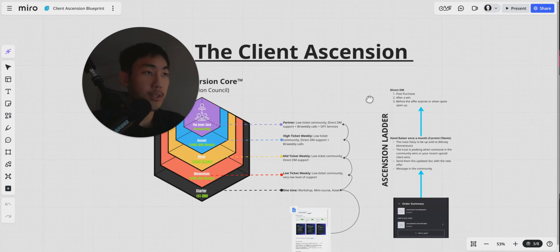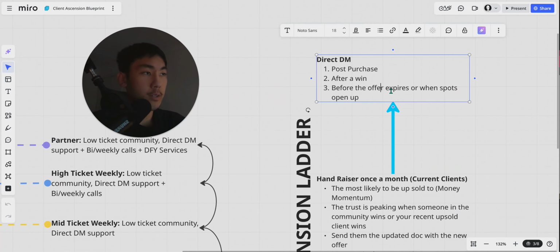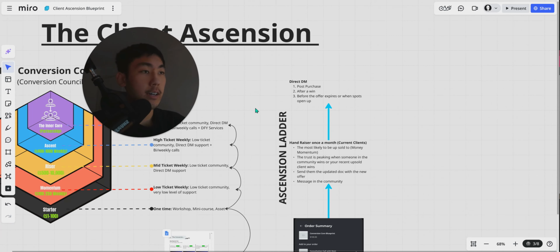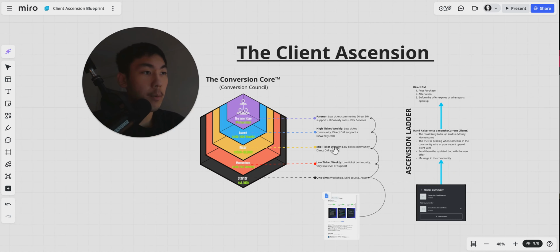So the next thing is that you want to make sure that there is scarcity and urgency. I speak about this so much, but you don't create false scarcity or false urgency. When the offer expires, it expires, or when spots are opened up, they open up. If one of your clients downgrades, let's say for example, they go from your high ticket weekly down to your mid ticket, message this mid ticket weekly group or direct DM the people that were waitlisted and that have wanted to go into your high ticket or have been winning recently, and say one spot has actually opened up in the high ticket, and upsell one of them to your high ticket. So you constantly have people moving up and down these different rings and these different ladders,